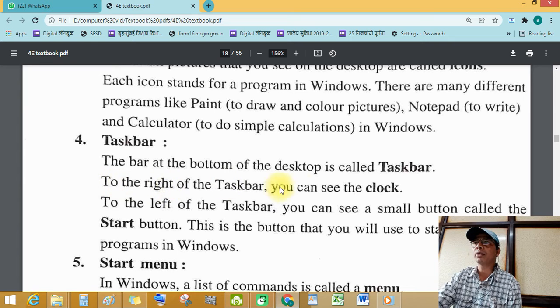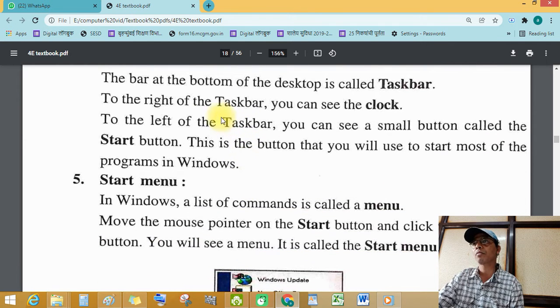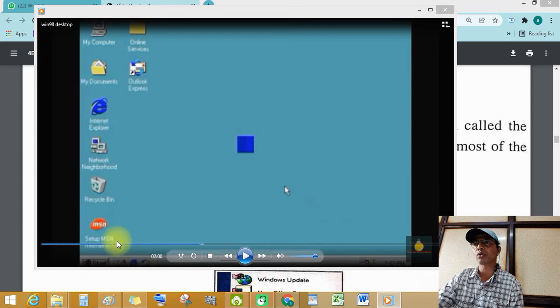To the right of the taskbar you can see the clock. To the left of the taskbar you can see a small button called the start button. See this is our start button.